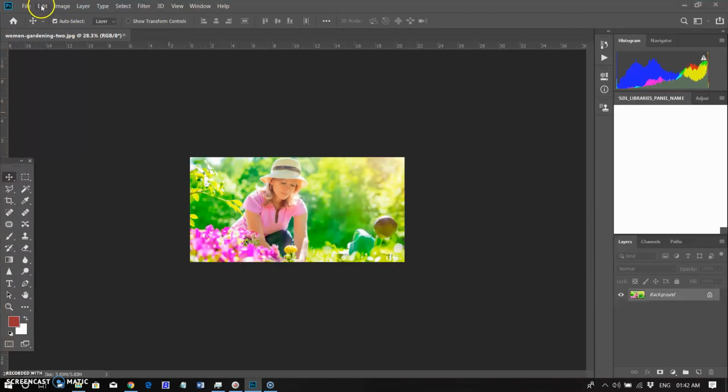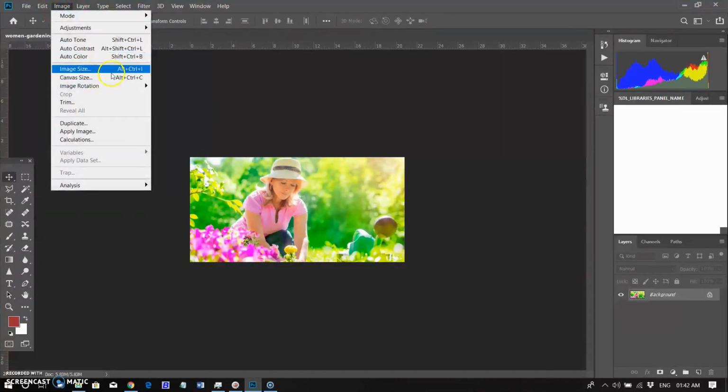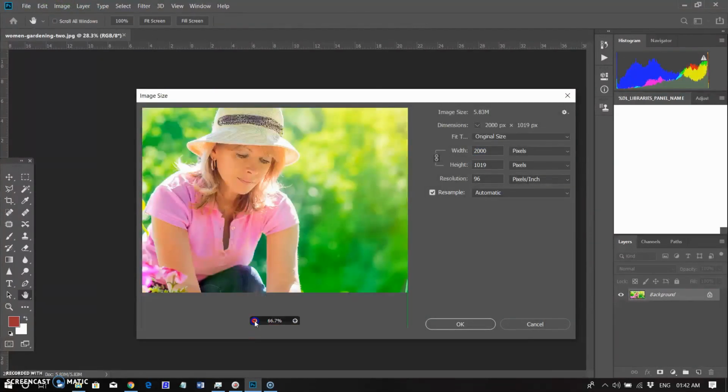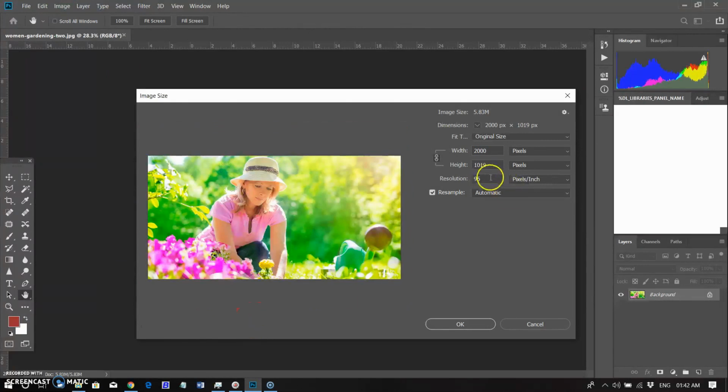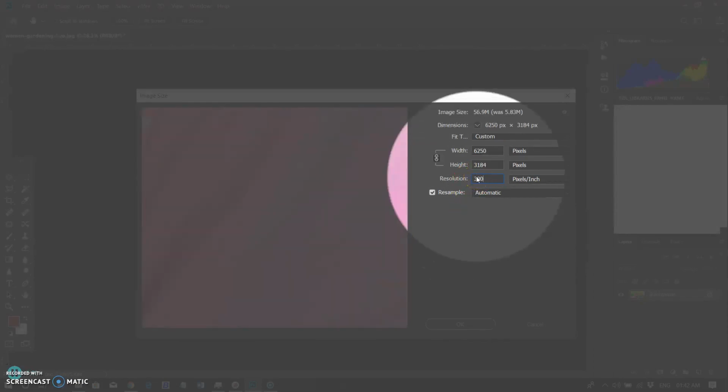Now I will tell you how to change the image by using resolution. Choose image size. Resolution in this dialog box means the number of image pixels that will be assigned to each inch when the image is printed. Leave width and height set to inches for printing. In the resolution field, set the number of pixels per inch to 300 for printing to a typical desktop inkjet printer. This changes the number of inches in the width and height fields and click OK.